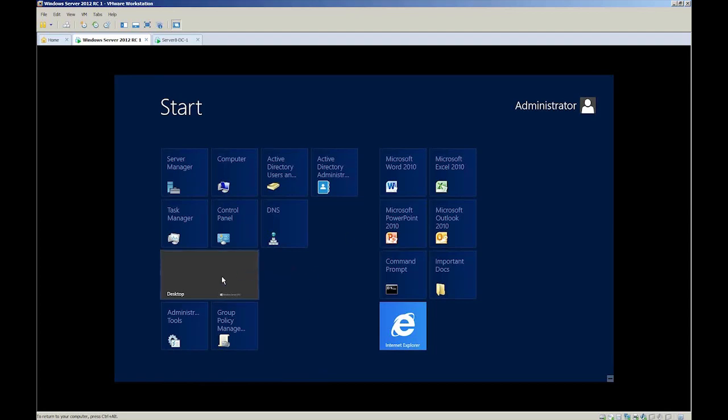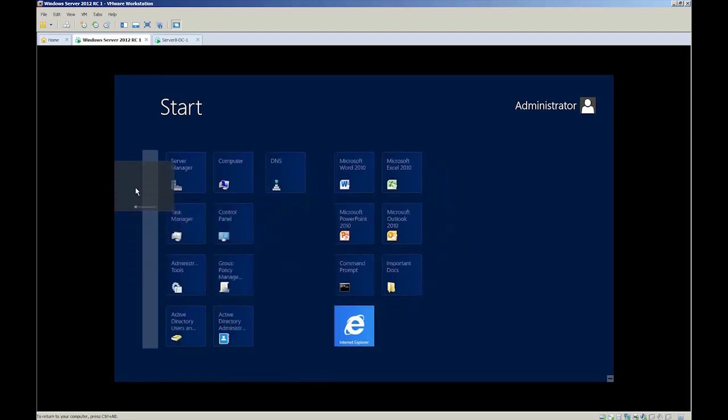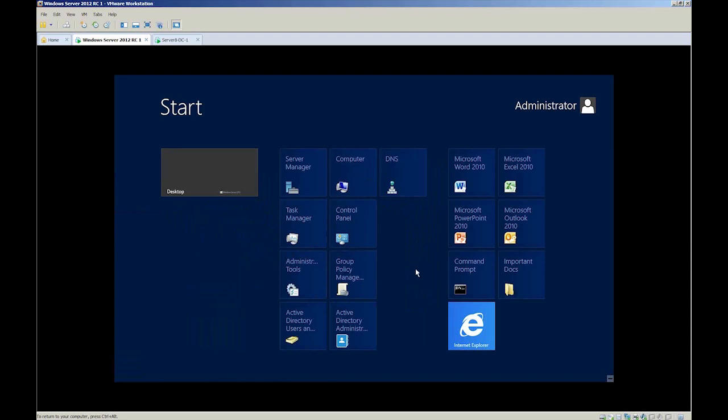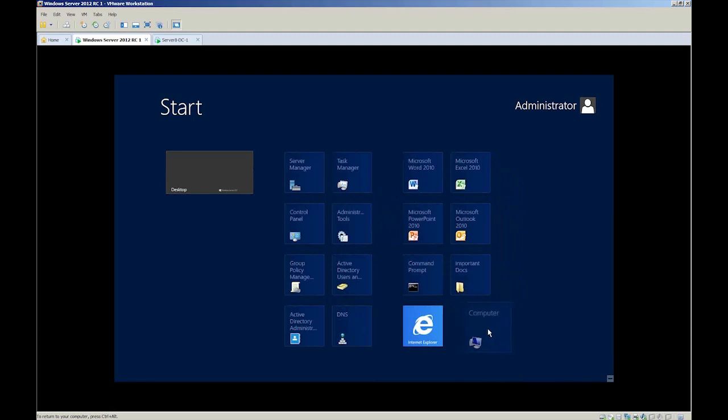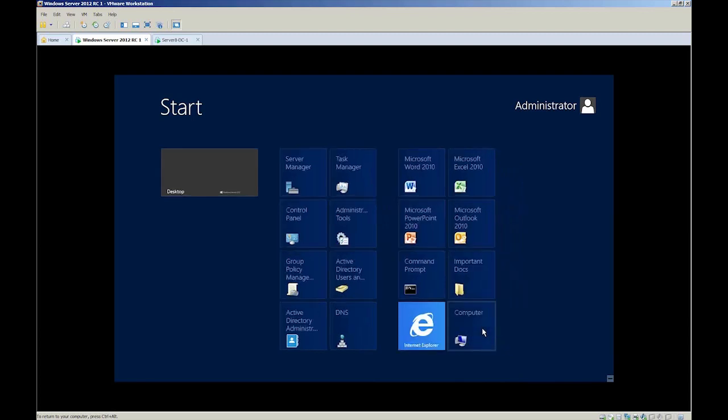And I'll tell you what, I want Desktop to be over here by itself. So I have these three different groups, and it looks like we're pretty well set. I guess computer, maybe I'll move this guy over here. We'll say he's part of that section. Again, I'm just kind of making this up as I go along, because on any given computer, I'm going to want to decide how I want this to look.